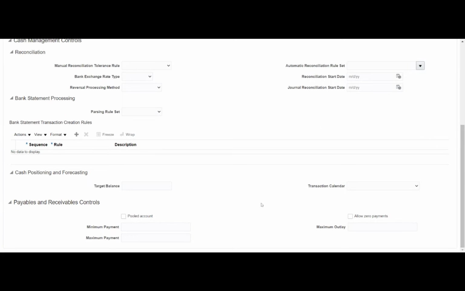So if I want to have a zero payment, the reason why I will use zero payment is that, let's say I have to settle 1,000 or 10,000 rupees to vendor A. Now I realize that this particular item has been refunded, so what I will do is set a reversal entry.